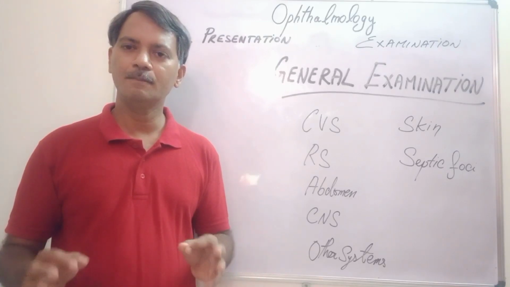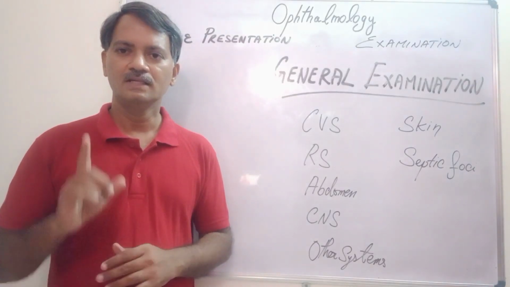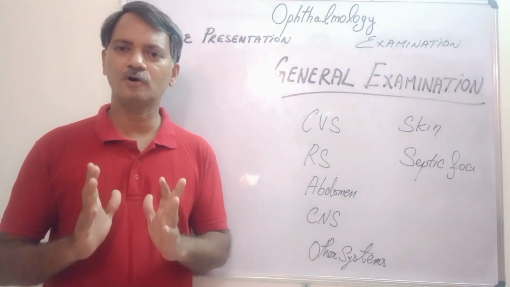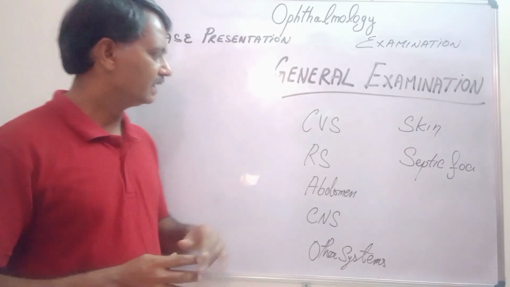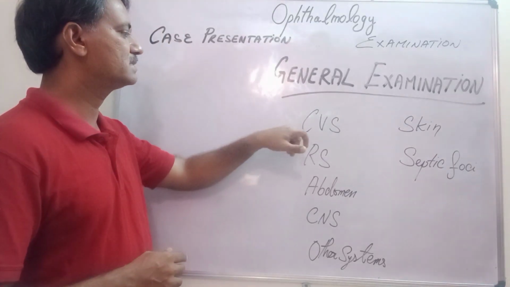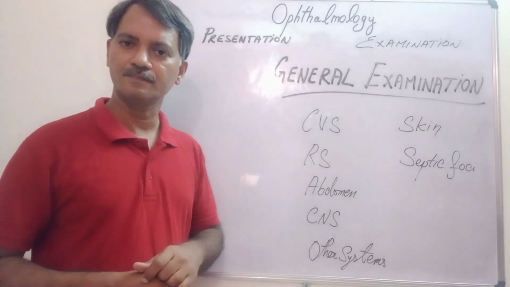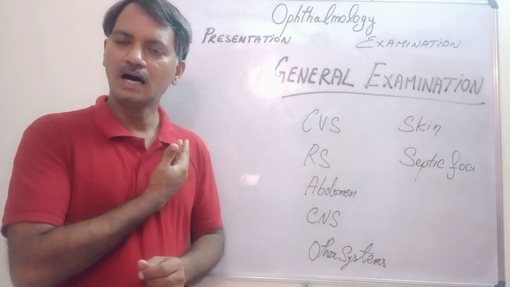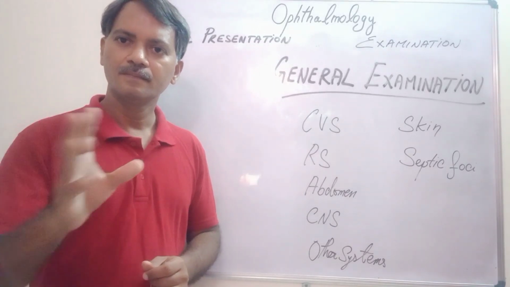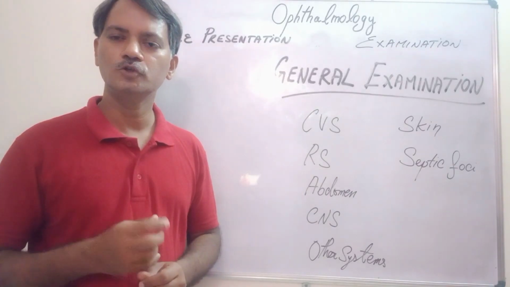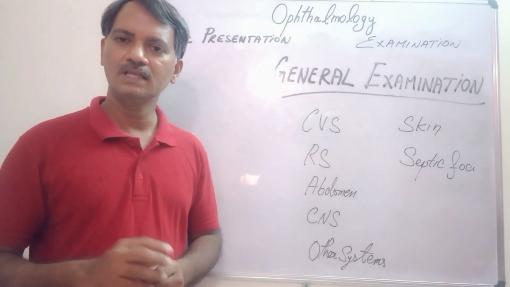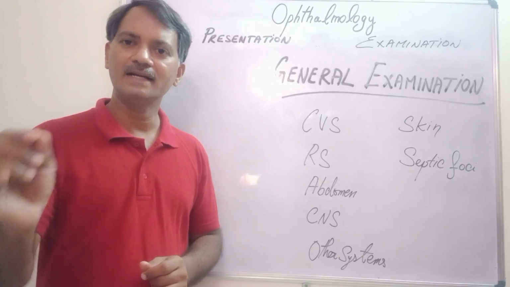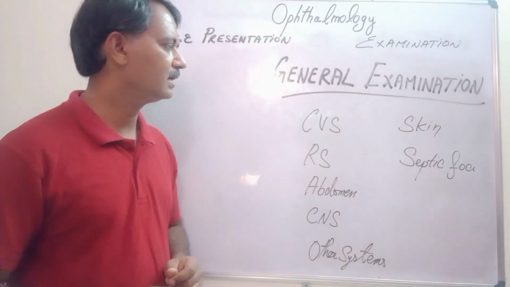Ophthalmology being a broad specialty, general examination should include all the systems of our body. General examination should include the cardiovascular system. You have to examine the heart. At all the 4 areas, you should hear the heart sounds. Whether the first and second sounds are normal, whether there are any added sounds, you have to properly auscultate and